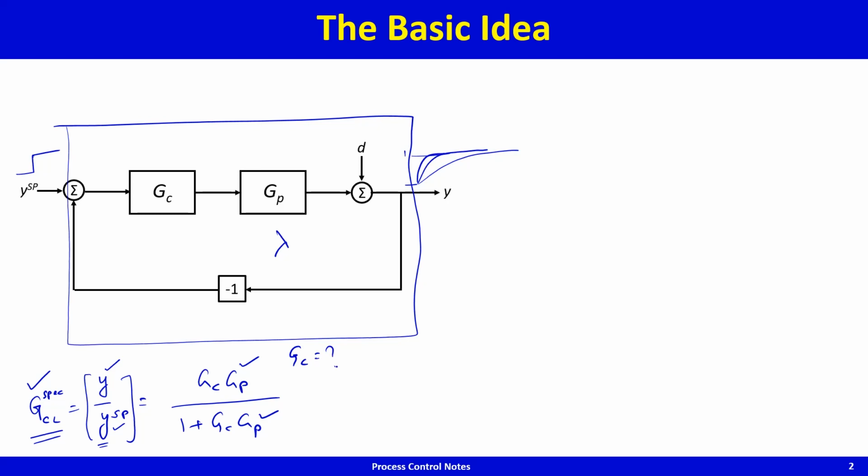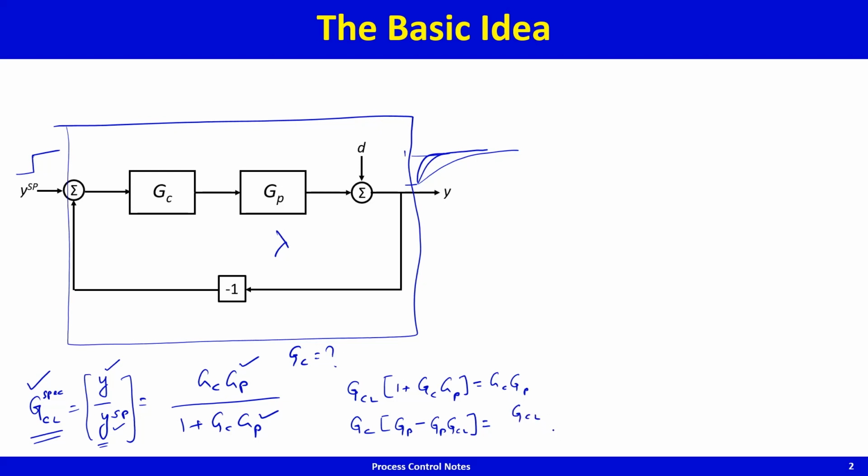G closed loop times 1 plus GCGP is equal to GCGP, and so if I keep the GC terms on one side and take everything else on the right hand side, GC times GP minus GP G closed loop is equal to G closed loop,